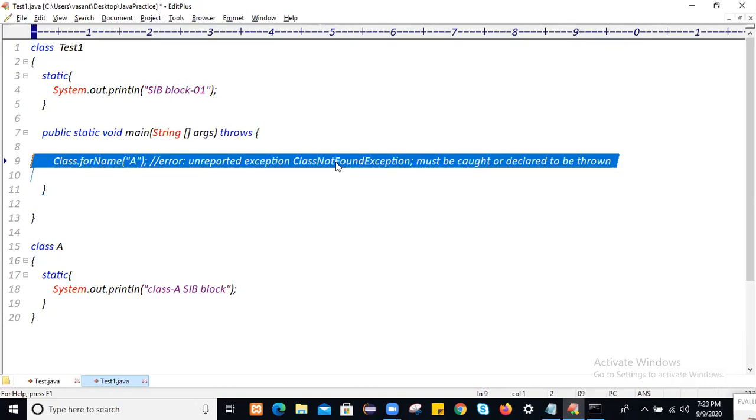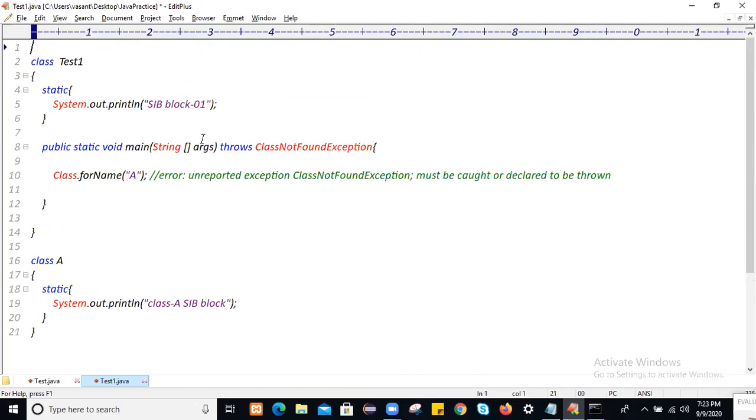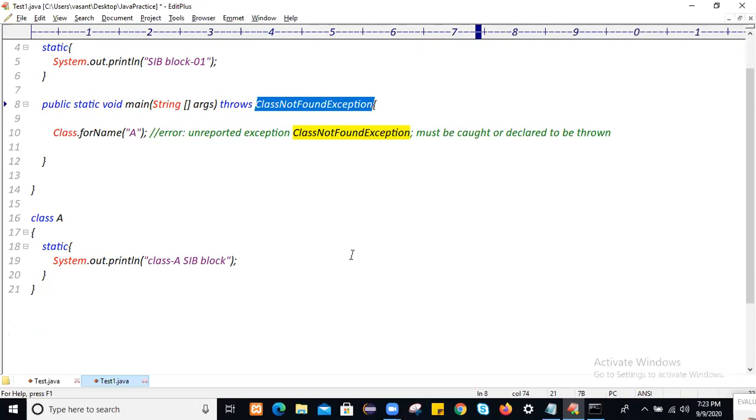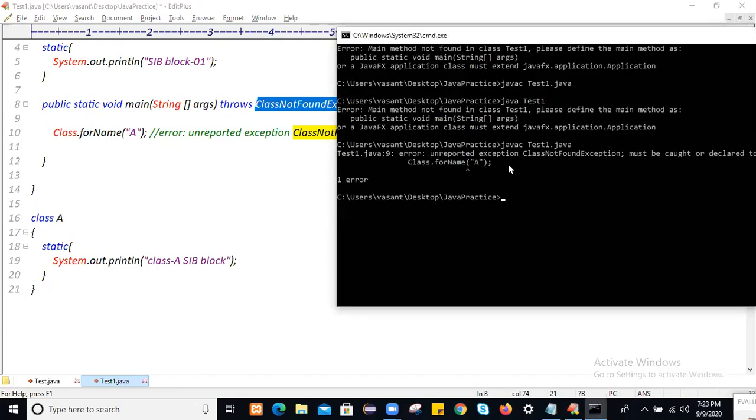What is the exception name? The exception name is ClassNotFoundException. Just import this exception. Let me check from which package this exception comes, java dot something.